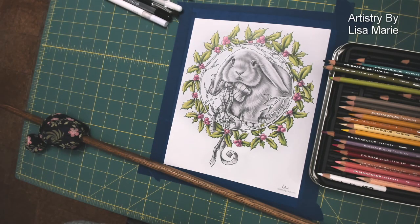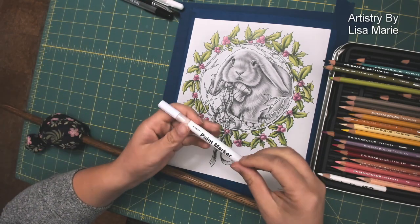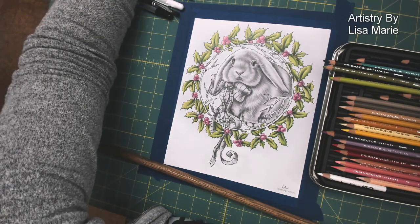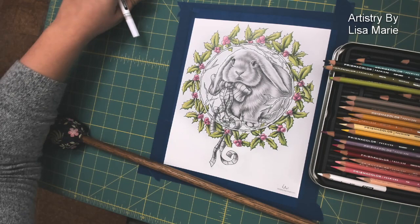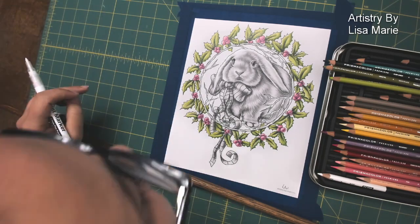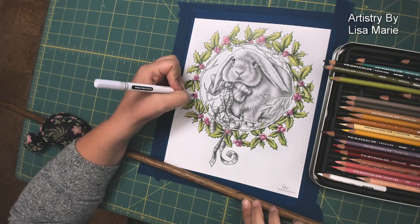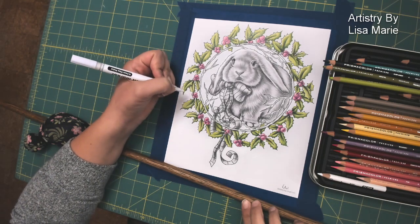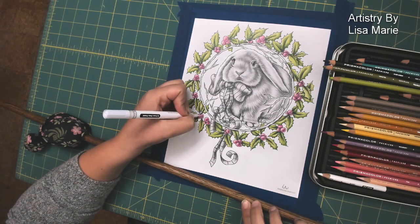I said I was going to stick to color pencils, and I lied. So I'm actually going to take my paint marker. And again, you already have that foundation. You have a nice 3D look going on. You don't have to do this, but I like to add sometimes a little bit more shine. So just a couple